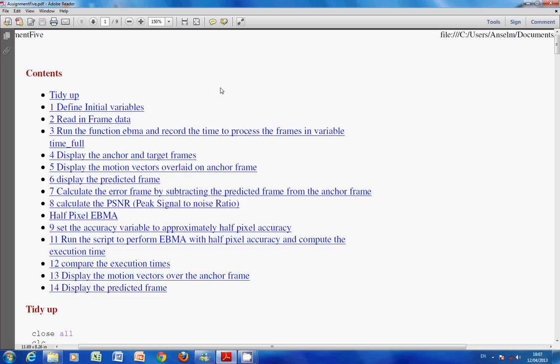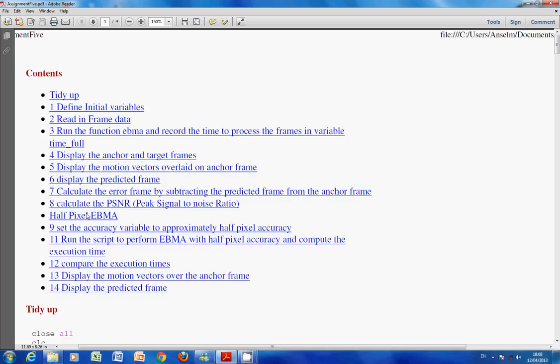Today it is indeed Matlab, as I said, and we are looking at motion estimation and subsequently motion compensation for a predicted frame. So I've done the thing in Matlab and I've published my report. I'm just looking at my table of contents here. So we're going to do full PEL or integer PEL